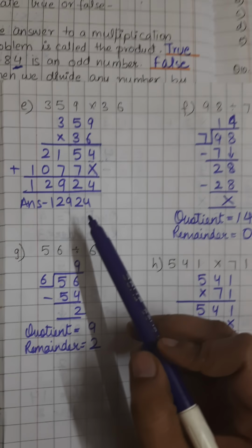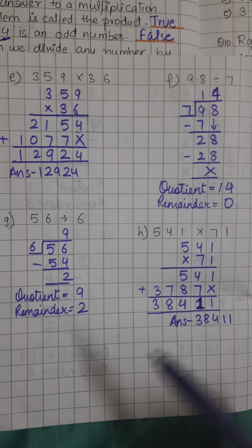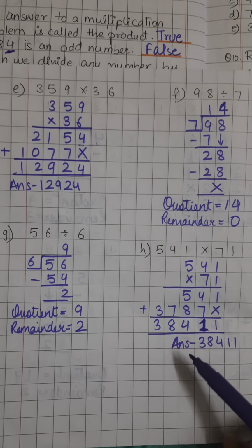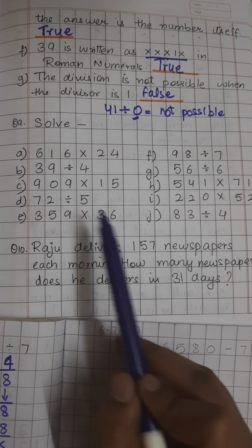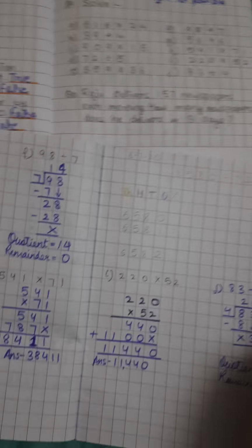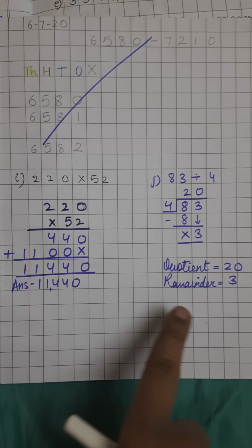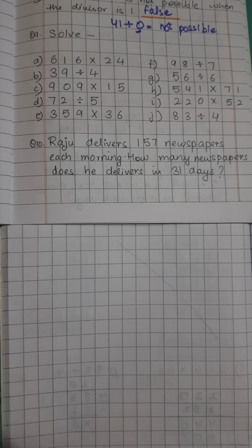So here are the solutions for the rest of the parts. E part, then F part, quotient and remainder. Please check your answers. This was the question number 9 till J part. A to J I have solved for you. So this is nothing, this was just rough work. I and J part, just check your answers. Pause the video and you can check your answers.